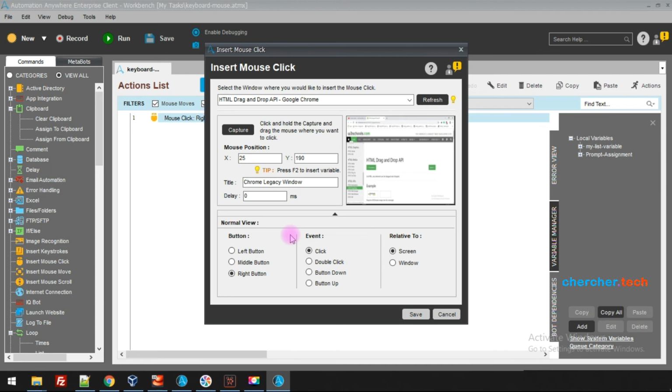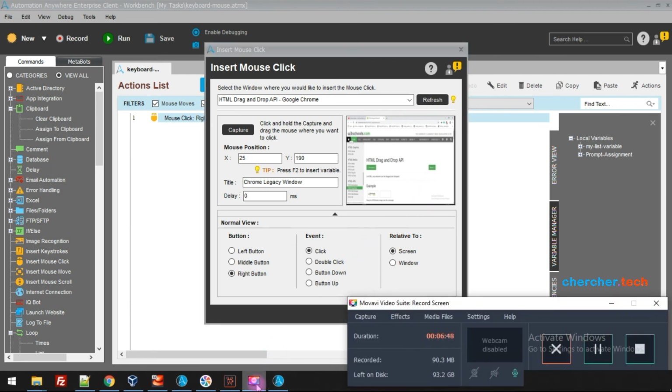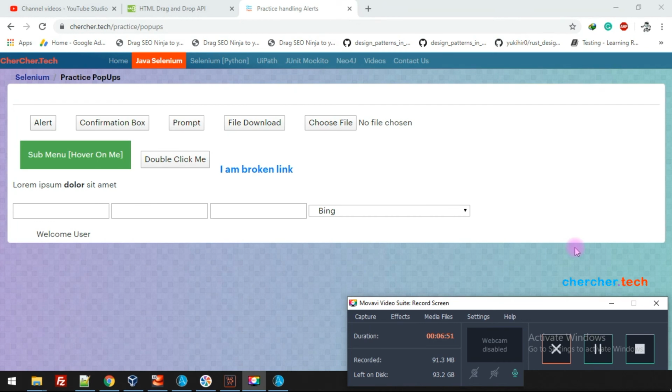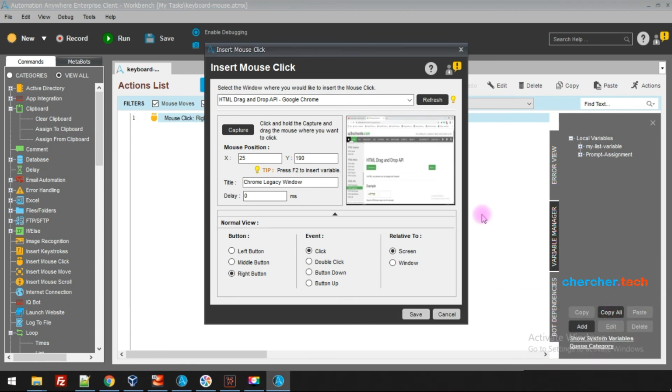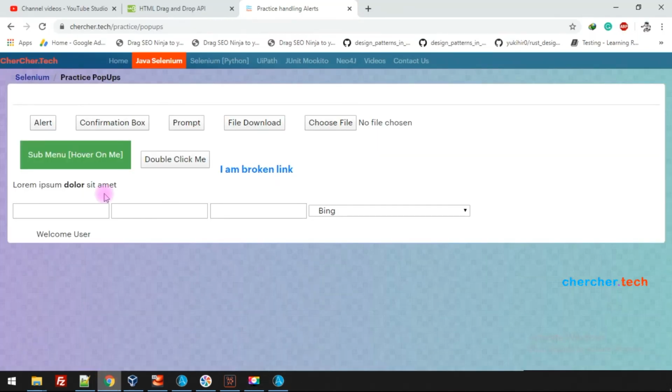So here now we are going with the browser, so we can have a single click or double click. Okay, so I hope you understand why we use single click and double click. So for practice purposes, I have opened this web page, which is chercher.tech/practice/popup. So here we can perform single click, double click, all the stuff. Okay, even here we can hover and we can perform operations, but here I am more interested in double clicking,